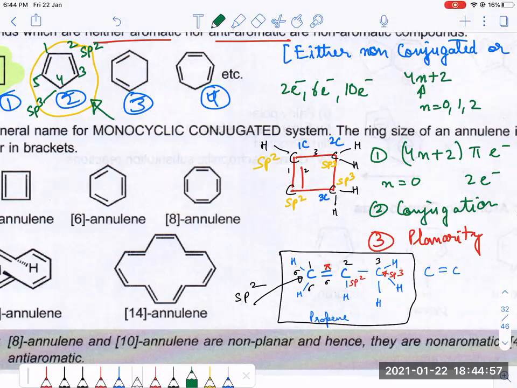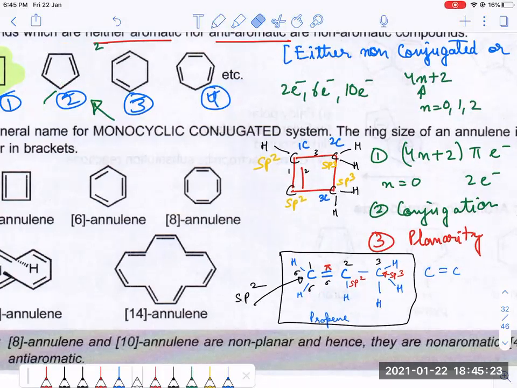Okay. What about conjugation in the second one? It is not completely conjugated, because complete conjugation is not there. Double, single, double, single, single, single. Double, single, single. Two singles are written together, and hence complete conjugation is not there. Partial conjugation is there, but complete conjugation is not. Okay, great.